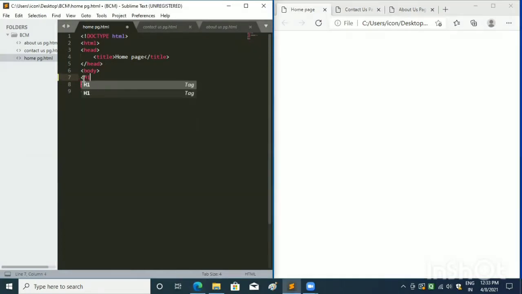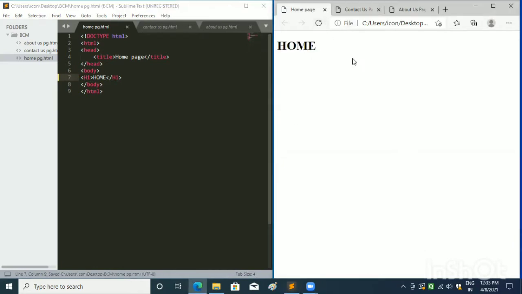You can see here I have opened 3 HTML documents in the editor and we will write header tag in it. I will write home in the home page document, and I will write contact us in the contact us page document.